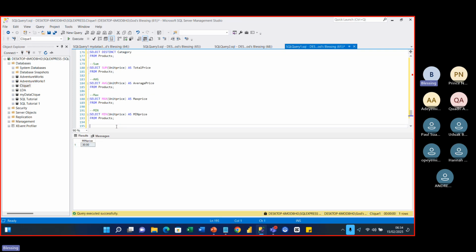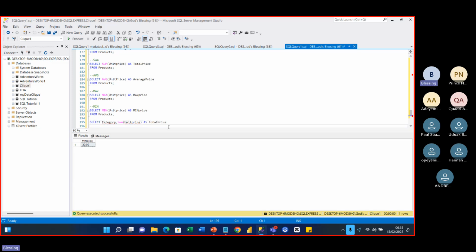So what if I want to see the total price for every category? Total price for every category. So I'm saying select, let's say select category, comma, and I want to see the total price for every category. Select category, then what? I want to see, so I'll say sum of what? Sum the unit price. Unit price as, I would alias that. Sum the unit price as what? So it's sum as total price. Okay, so as total price. Then what else? Where is it coming from? From the product. Now, if I run this,